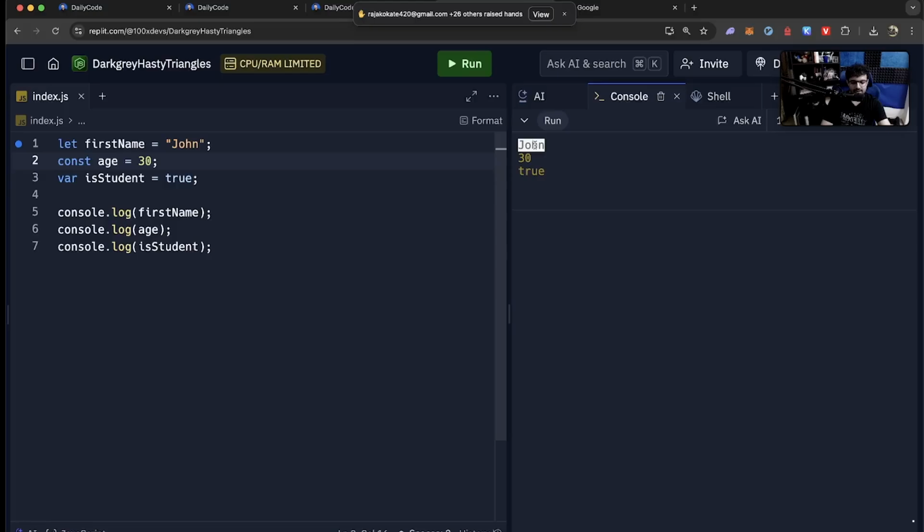Notice John gets printed over here, 30 gets printed over here, true. firstName doesn't get printed over here. I repeat, you might think that what should get printed over here is firstName, because I've written firstName here. But firstName is a variable whose value is this. The value is what gets printed over here. Let me change this to Harkirat. You will see Harkirat getting printed over here.